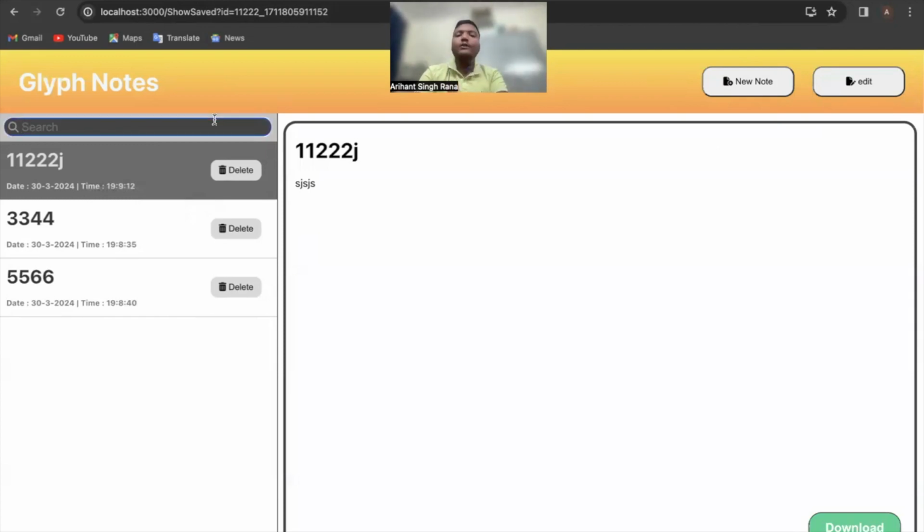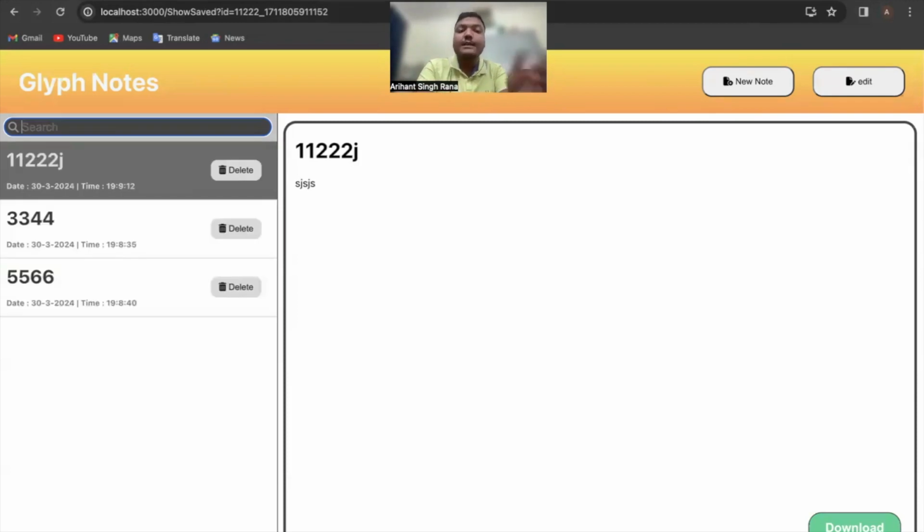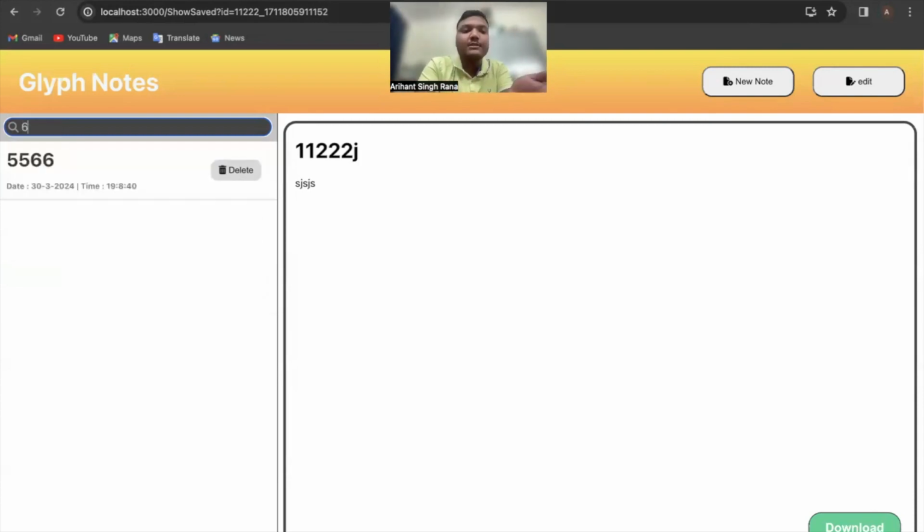So yeah, the search functionality. Let's say I want the note with the title 5 5. As you can see, as I just clicked the 5, it showed my 5. Let's say there is a note that I want to see which starts from 6, and we know that there is not a note that exists with the title 6. So if I click on 6,